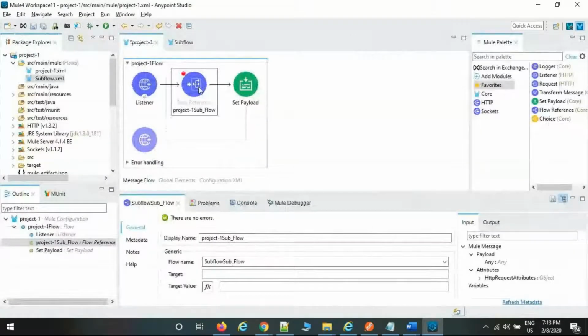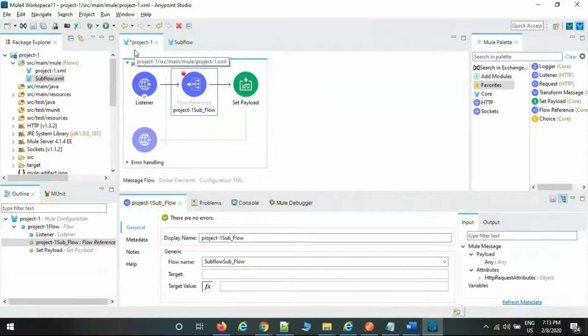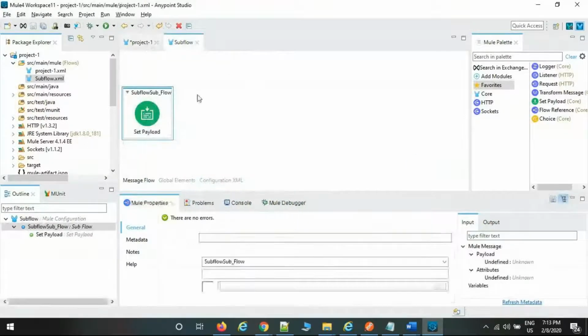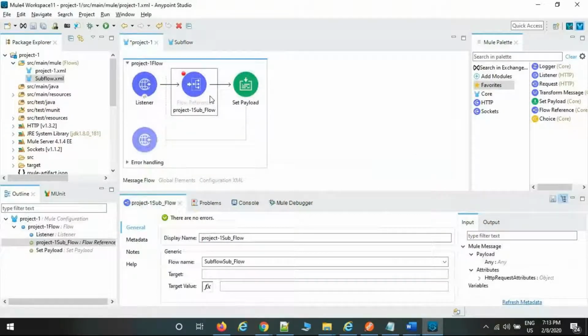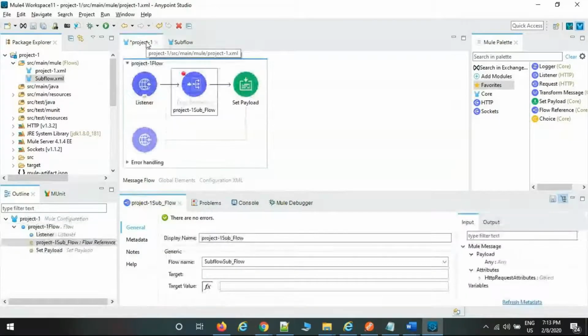Now you are selecting the subflow, but I want to double check: right click on the flow, go to reference flow, and it is going to point to this flow. In the drop down there is a list of subflows and private flows, and sometimes we unfortunately select the wrong flow. If you select the wrong flow, the data is going to mismatch. So that is the reason after selecting the subflow, just double check: right click, go to reference flow. The shortcut is F3. Instead of right clicking, just click F3 and it is going to move to the next flow. So that is up to your shortcut or right click. This is how we can create.